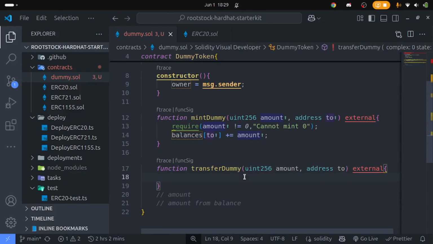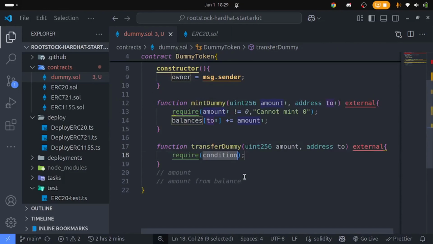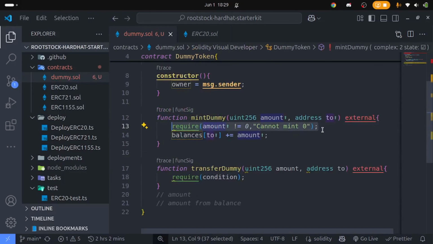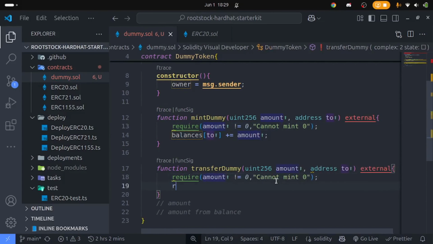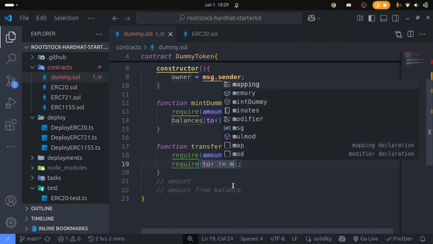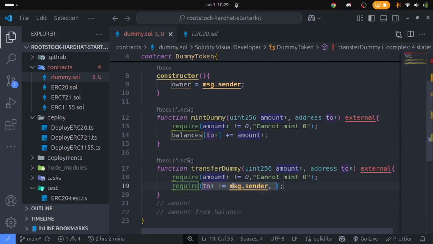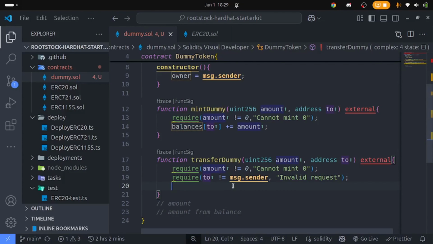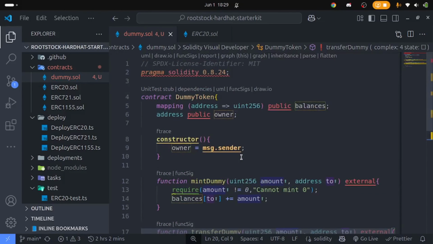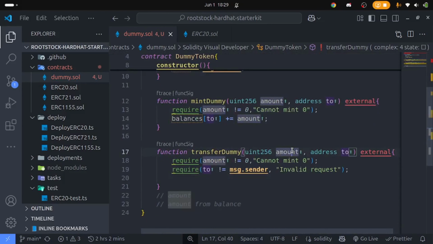2. So firstly, we need to require the same statement here: amount is not 0. Another thing we can require is to ensure that the to address is not the msg.sender. That means we're preventing a person from sending to himself, so invalid requests. Another thing we want to ensure is that the balance of the sender is more than the amount that is